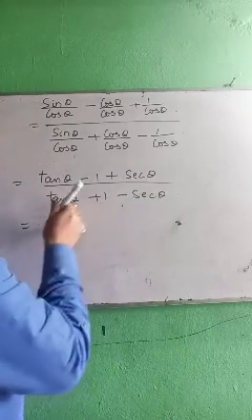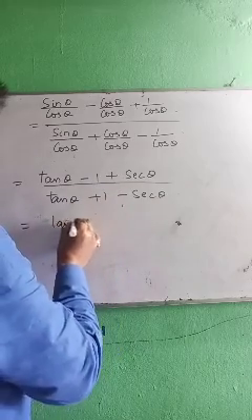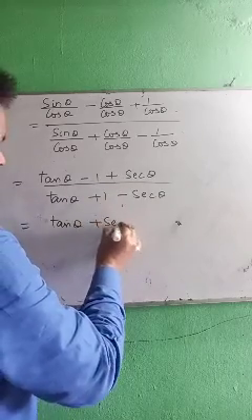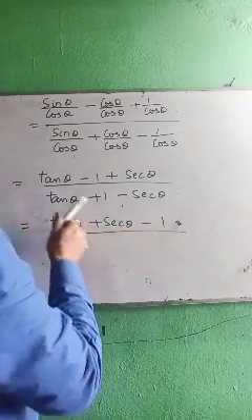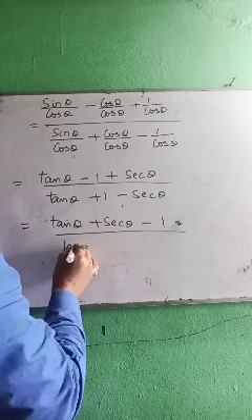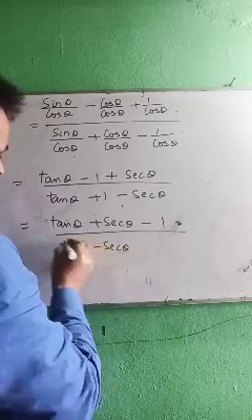Okay, rearrange this, you write together: (tan theta plus sec theta minus 1) by (tan theta minus sec theta